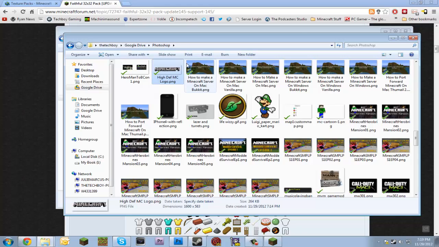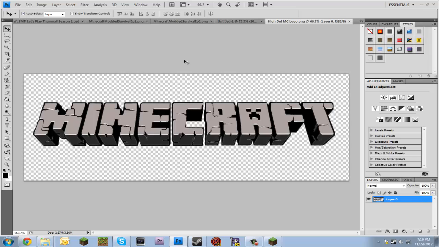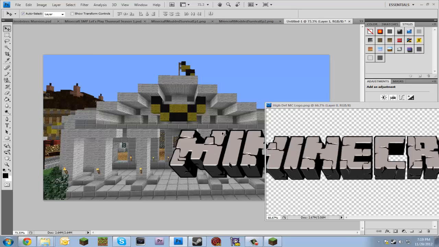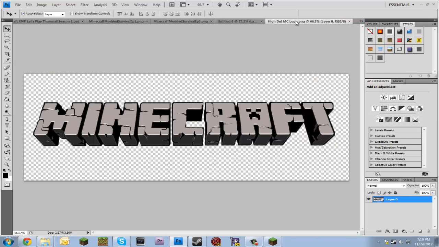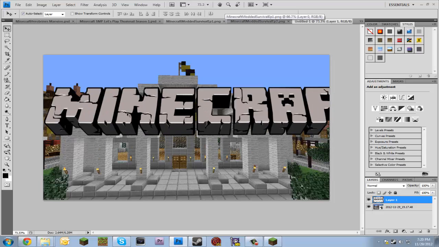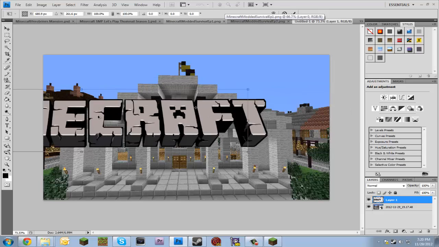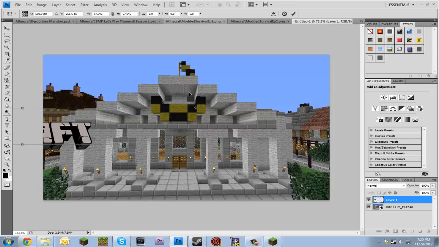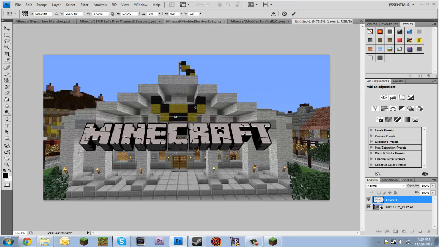So let's do high def Minecraft logo. So just import it like this, and have a good day. Now this is actually probably a better logo in terms of high def. Perhaps I'll link you guys to this logo. I usually use a different one, but